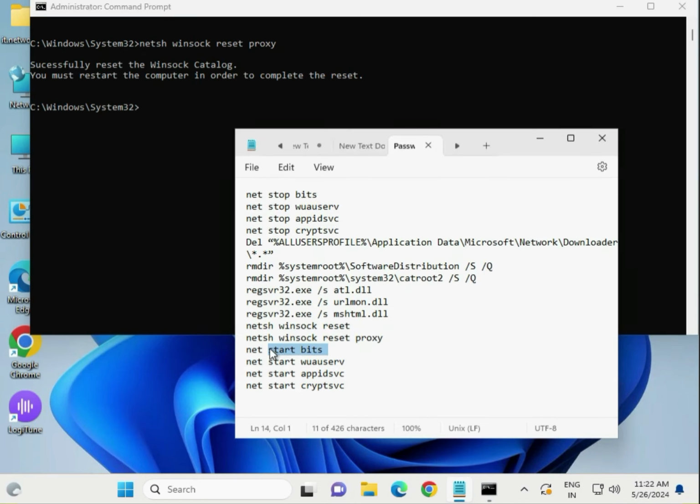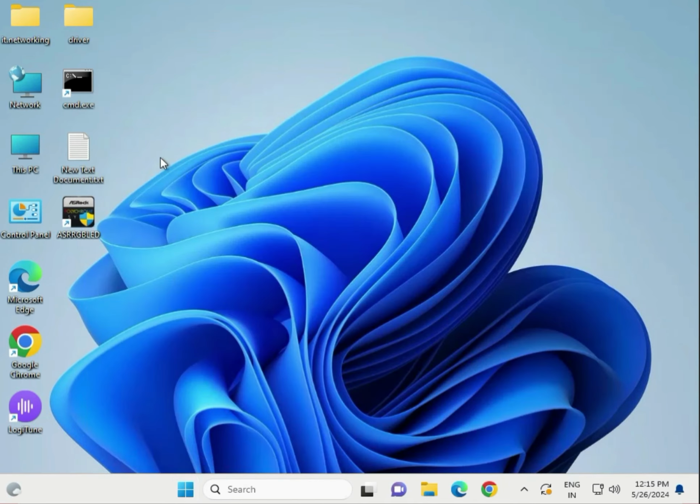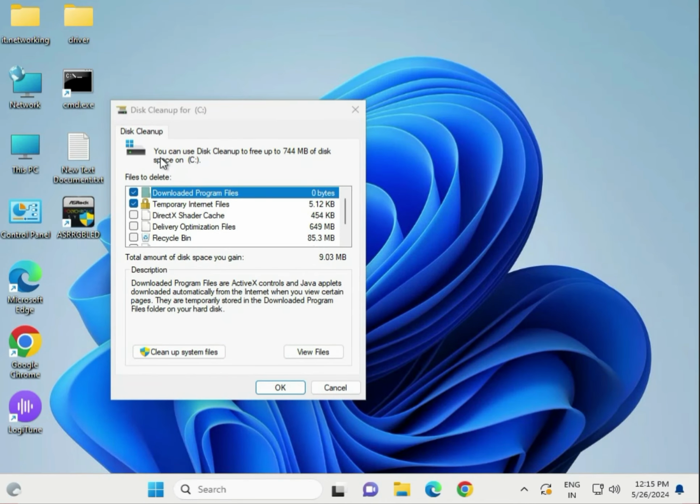Next, remove the cluster and update file. So click on search, type disk cleanup. Open this. And if your Windows is installed on C drive, so pick from the list and press OK and clean up system files. So check downloaded program files, temporary internet files, Windows Update, temporary files,